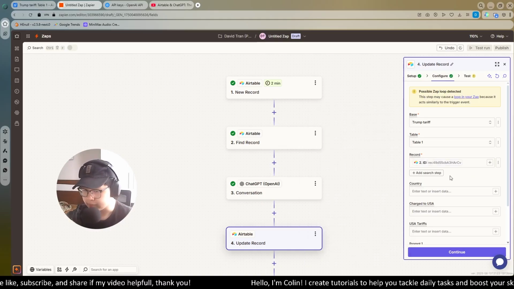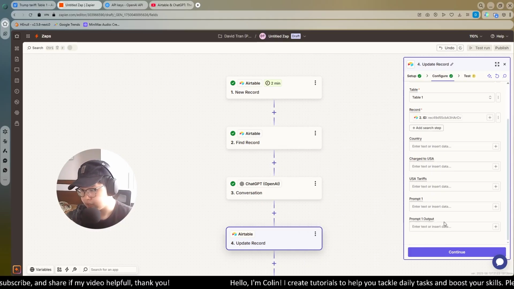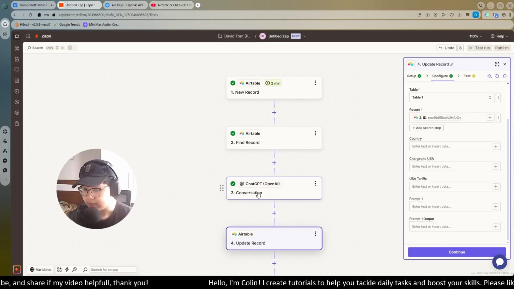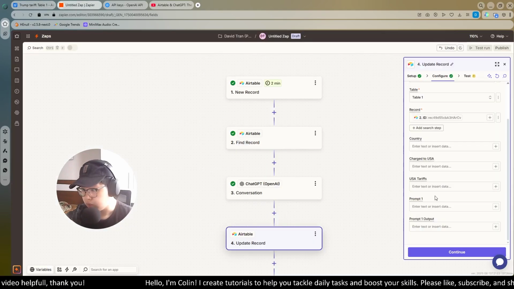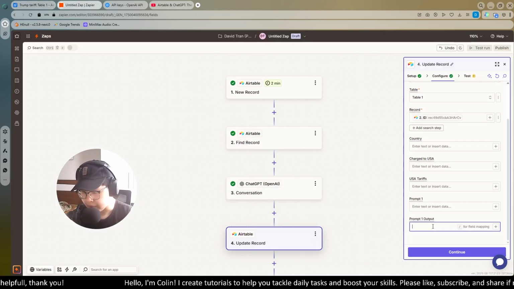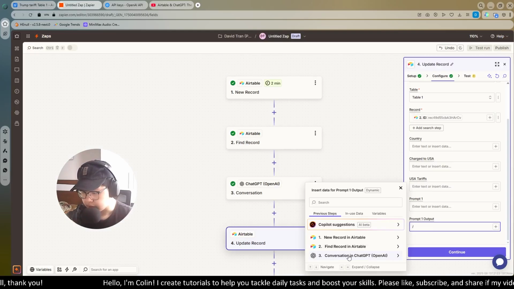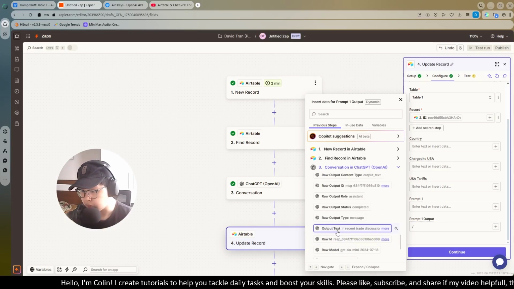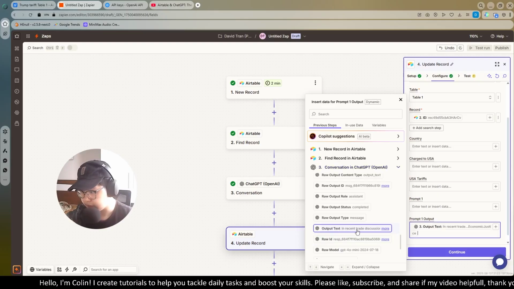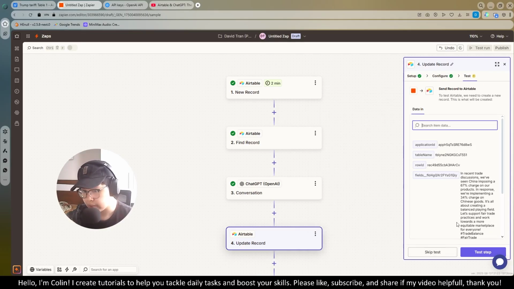You need to add the item you want to update. In my case, I want to copy the response from ChatGPT to my prompt 1 output right here. So in the prompt 1 output, I will map a field, conversation in ChatGPT, and then I will choose the one called output text right here. Now I continue, and now I will run the script.